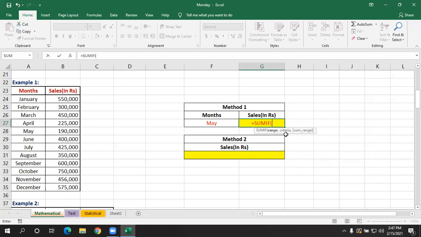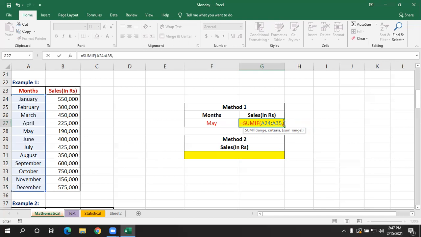So criteria is nothing but what? Based on month. That means the range will be the month range. So you need to select this range, comma, criteria. I'm not going to type the criteria within this. If you want to type the criteria, I'll show you in method 2.